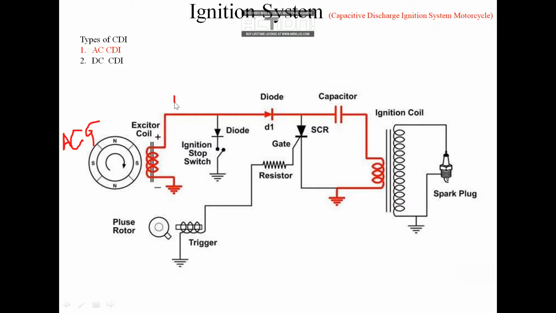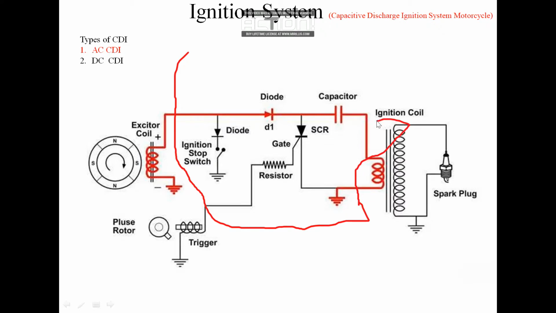If we want to differentiate the CDI unit, it is like this. Many of the CDI units are one black color box located under the seat of a vehicle. So how exactly does it look, or what exactly is included inside the CDI? The parts present inside this boundary line are exactly fixed into that black color box located below a motorcycle seat. So this is the part included under that black box, this boundary line.